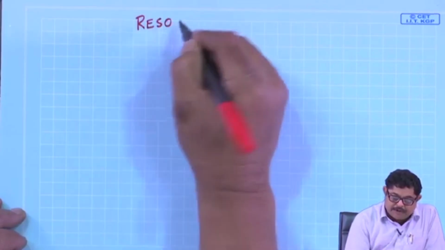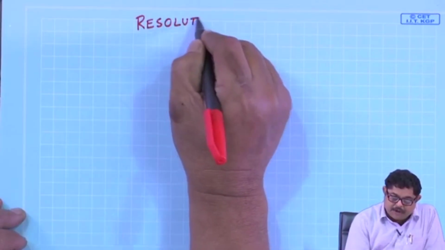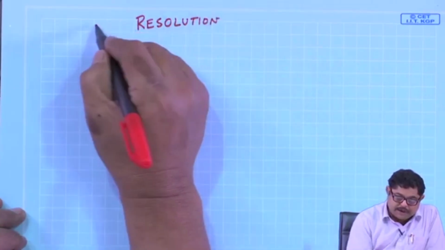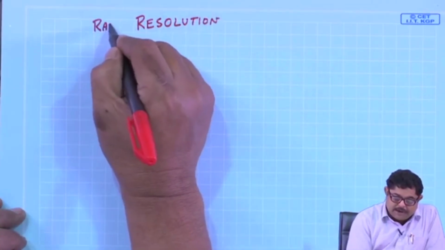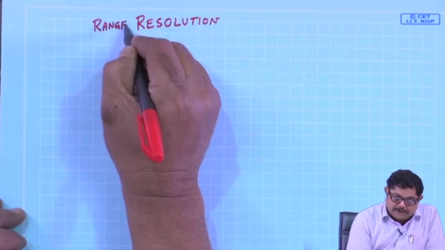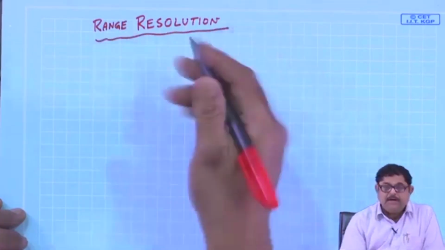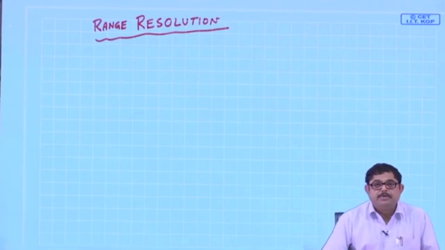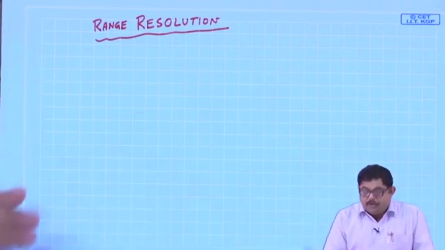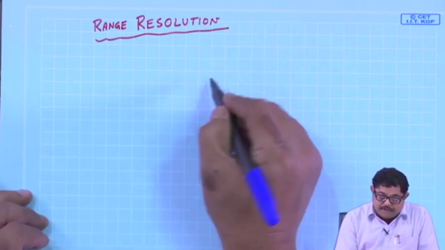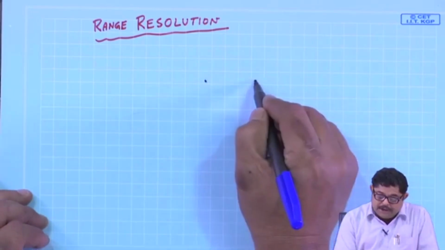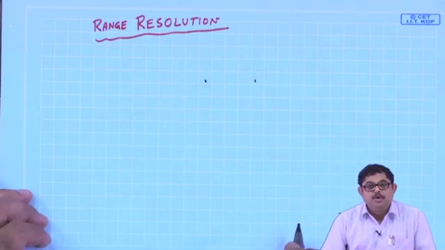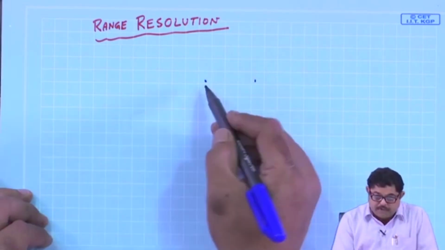So, any measurement system has a concept of resolution. We will first discuss that. Here we will discuss mainly the radar measures range. So, range resolution, in that context we will discuss, but the concept of resolution is general. Actually, what is resolution? Please understand that if I have two objects and I am trying to detect them, now